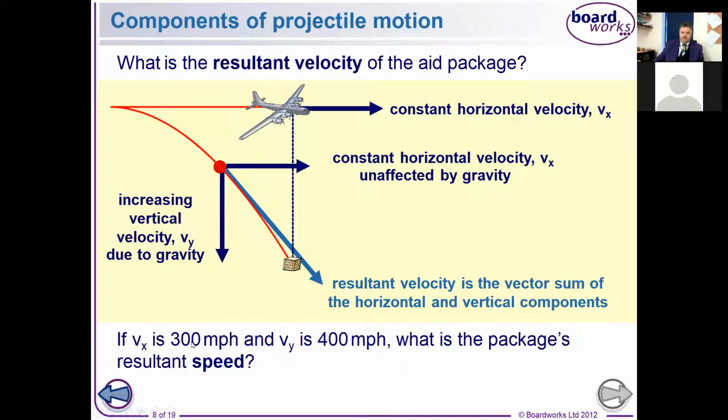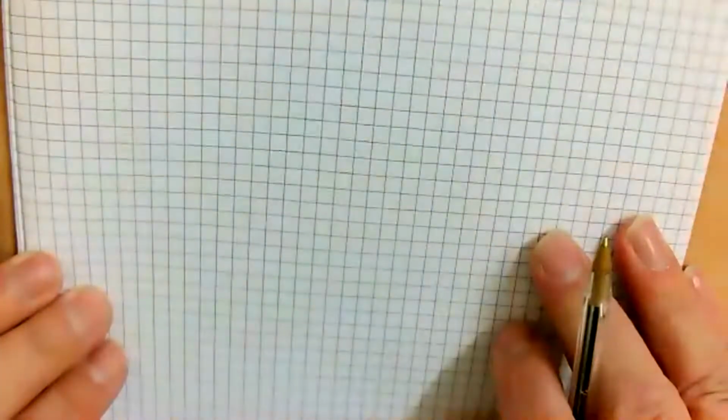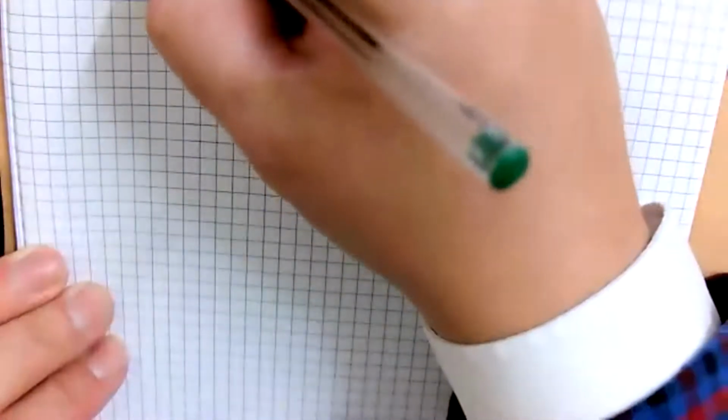So if Vx is 300 miles per hour and Vy is 400 miles per hour, the package's resultant speed, well, all we do is we do a brief calculation. Okay, so bear with me. So if you've got